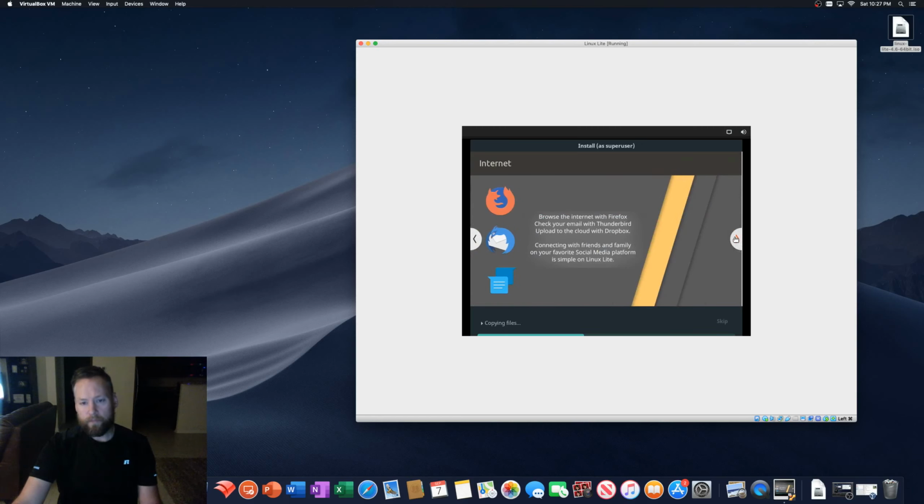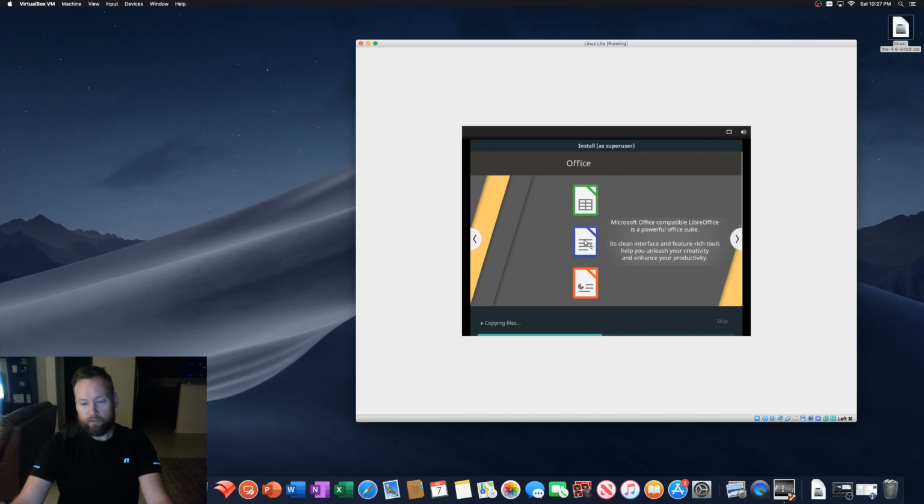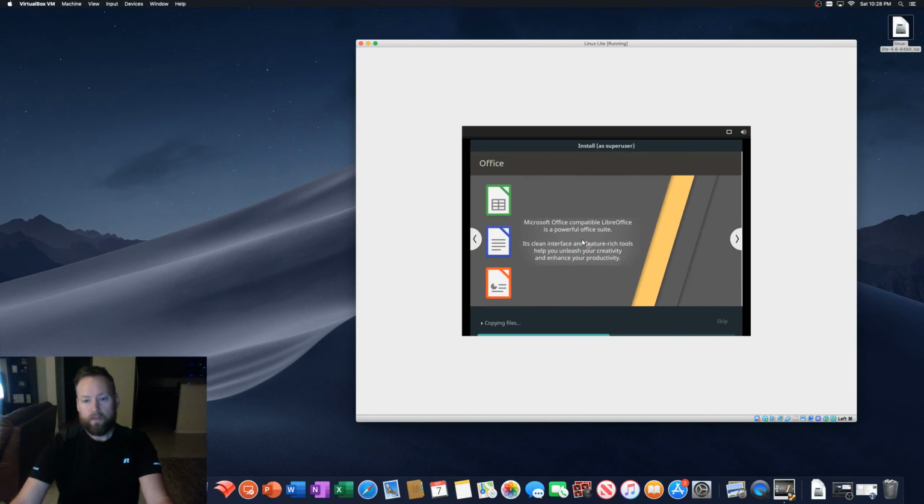Let's see. Okay, give us opinions, give us input. That's cool. And wow, the little icon that reminds me of the texting app on Android. So Firefox, Thunderbird. Thunderbird, you'll use that instead of Outlook. Dropbox, that's cool. Okay. LibreOffice. Basically,